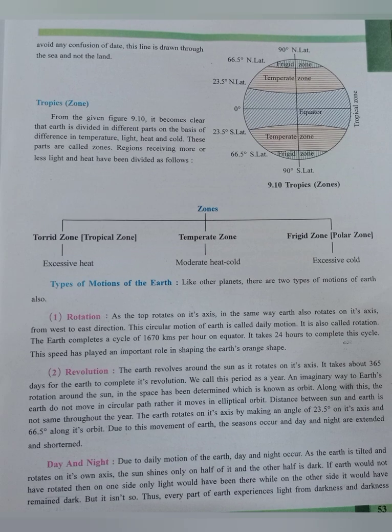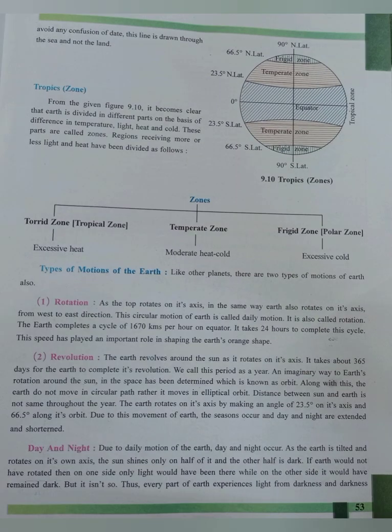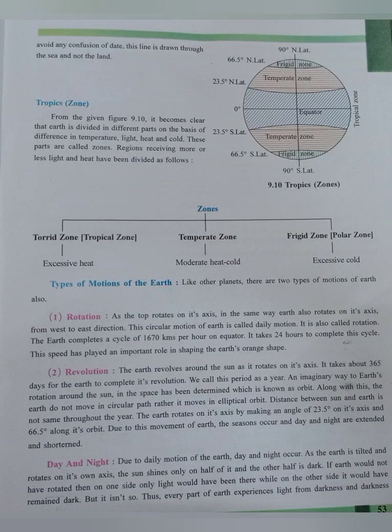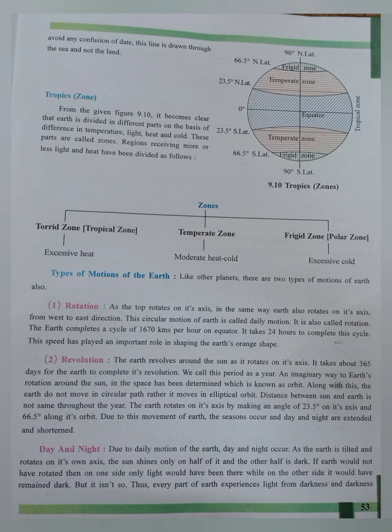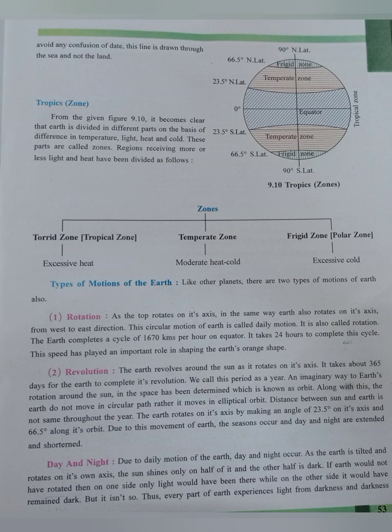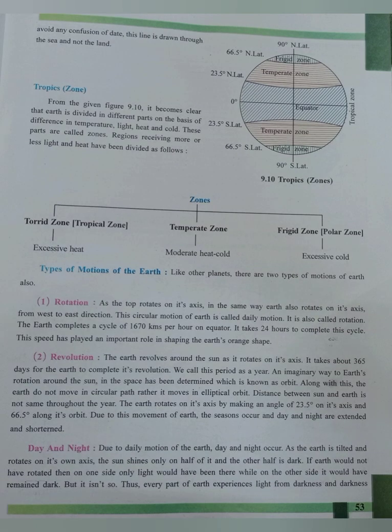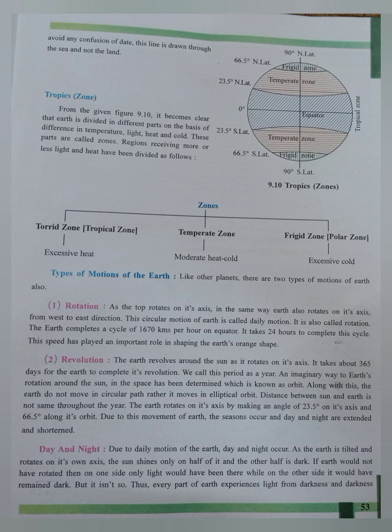Students, while moving on its axis, the earth also moves around the sun. This motion of the earth is called revolution. The earth takes 365 days and 6 hours, that is 1 year, to complete one circle around the sun. This motion of the earth is also called its annual motion. The earth revolves around the sun in a specific imaginary path. This path is known as Earth's orbit. The earth with its tilted axis revolves around the sun, making an angle of 66.5 degree with the orbit. Seasons and longer and shorter days and nights are caused because of this axial tilt.